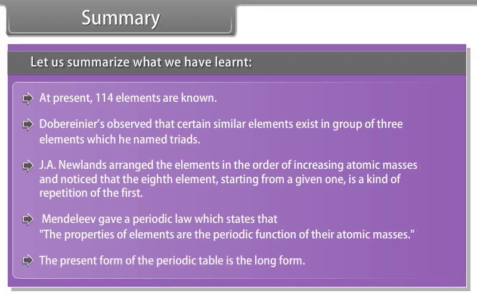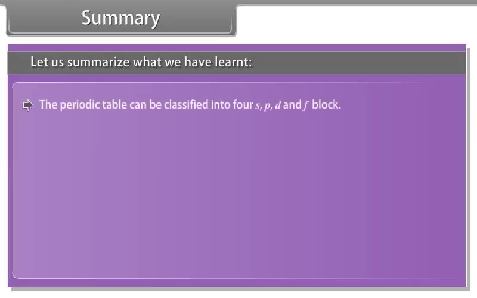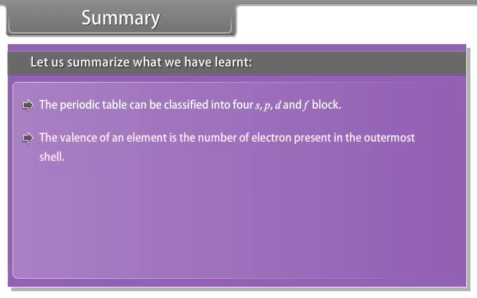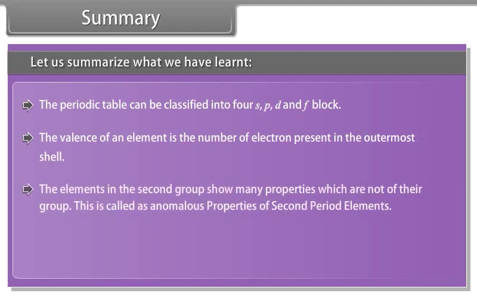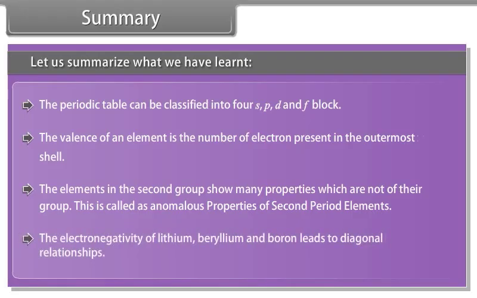The present form of the periodic table is the long form. The periodic table can be classified into 4 blocks, that is s, p, d and f block. The valency of an element is the number of electrons present in the outermost shell. The elements in the second period show many properties which are not shown by the rest of their group. This is called anomalous properties of second period elements. The electronegativity of lithium, beryllium and boron leads to